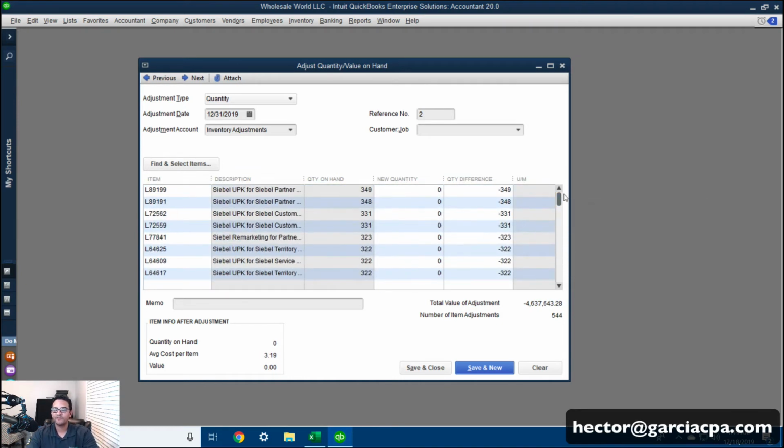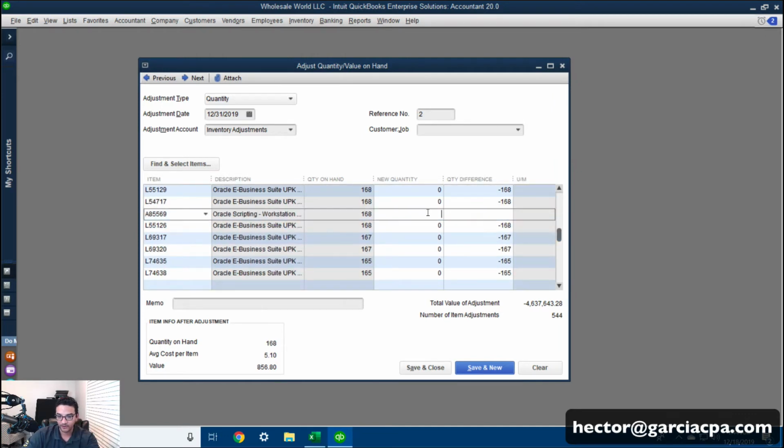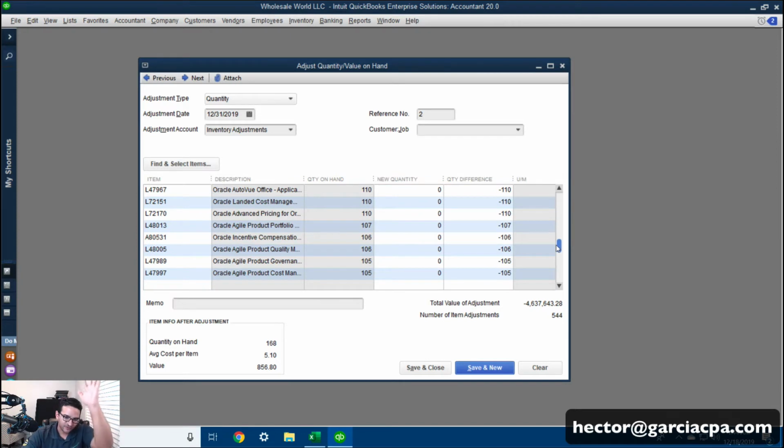Okay, that was super fun. Basically press down arrow and 0 about 300 times, or 500 times actually, until I got there. So hopefully I did all the zeros. I didn't leave anyone out. Look, in the rush at the moment, I left a couple out. So hopefully I put 0 across the board, and I got the date here, inventory adjustments, and then I'm gonna